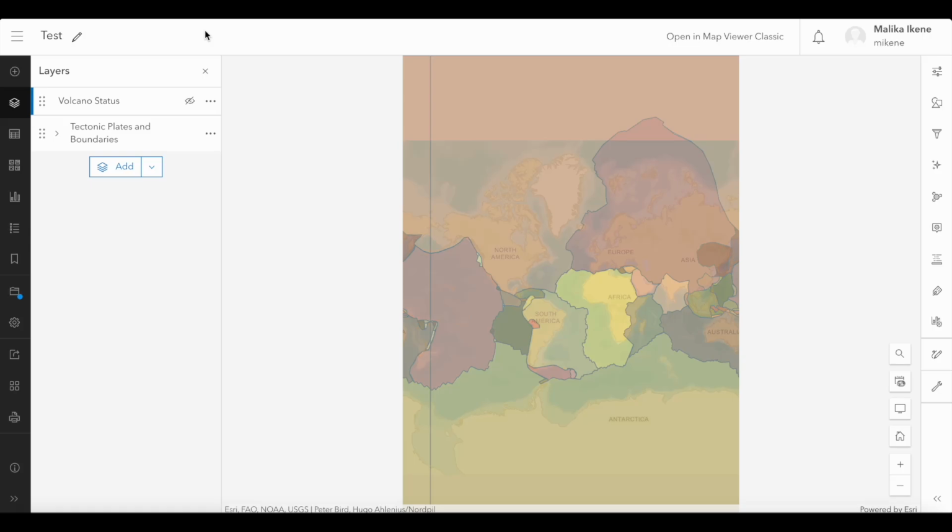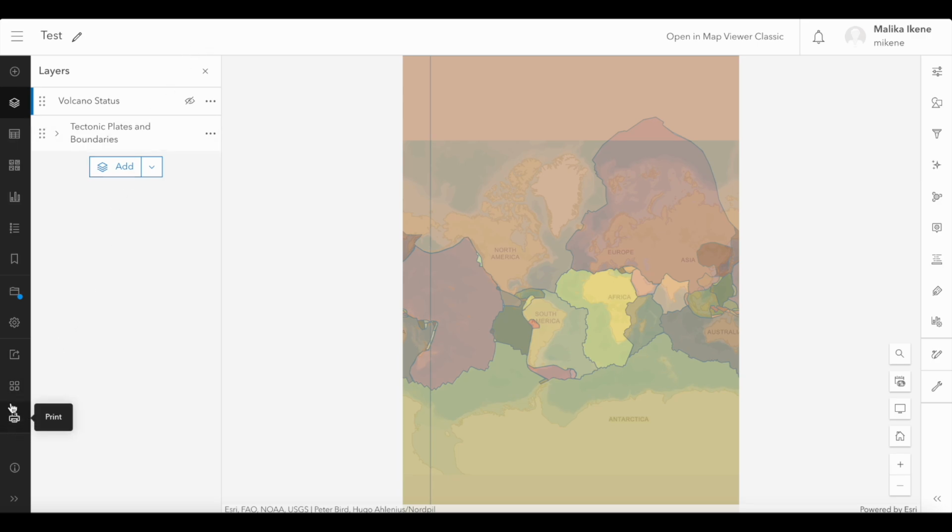Let's have a quick look at print layout. This will allow you to export your maps in a more professional way than simply taking a screenshot of the finished product. That way you can display all the beautiful things we've done on our map at a much higher quality. So the first thing to do is to navigate to the print icon on the left-hand side of the